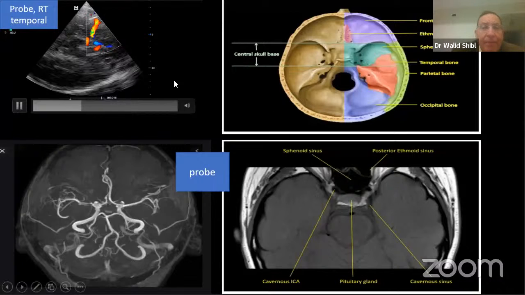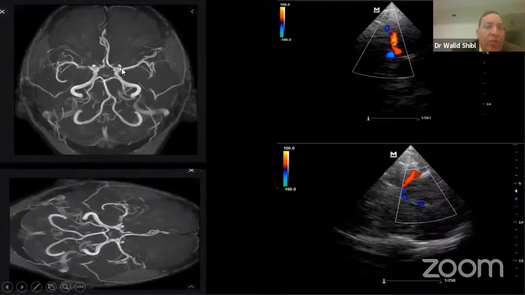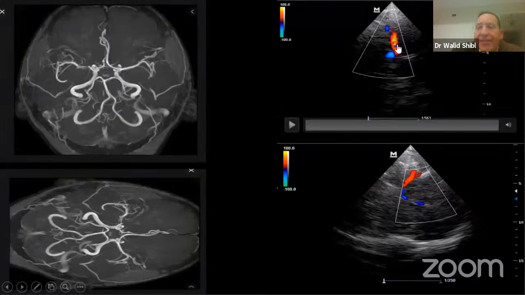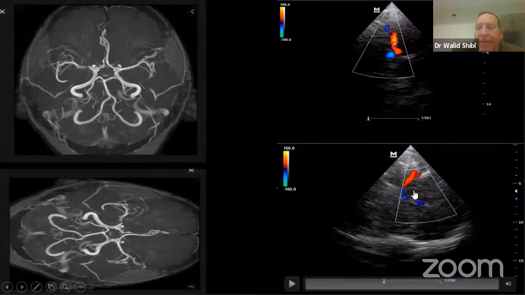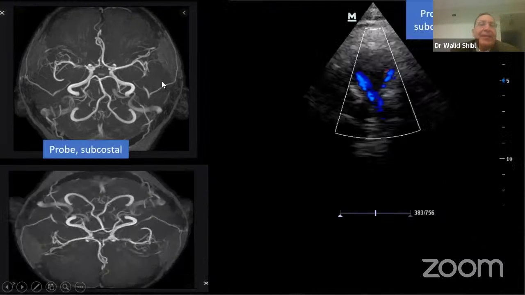You see here, this is the internal carotid artery giving anterior and posterior and the middle cerebral artery. Here is the middle cerebral artery giving anterior and middle cerebral artery. Here is middle cerebral artery, anterior cerebral artery. But